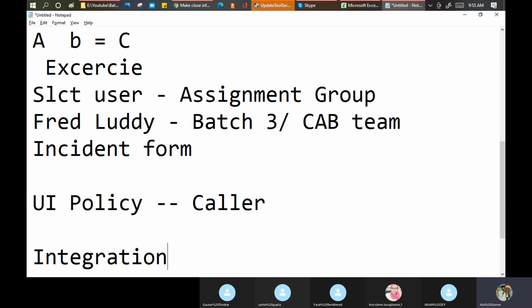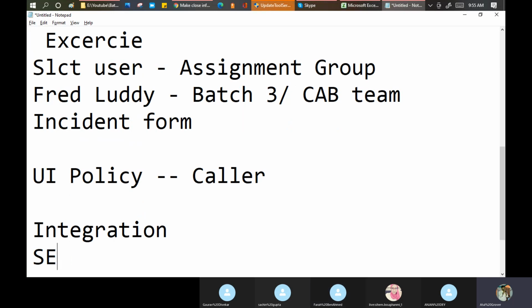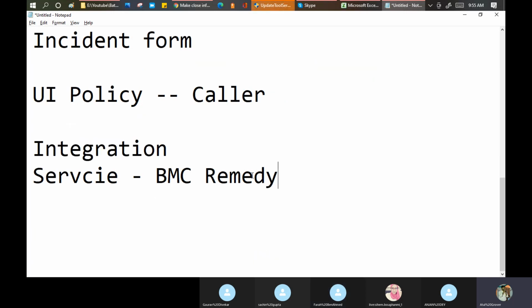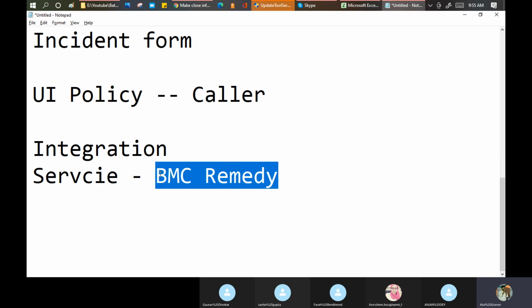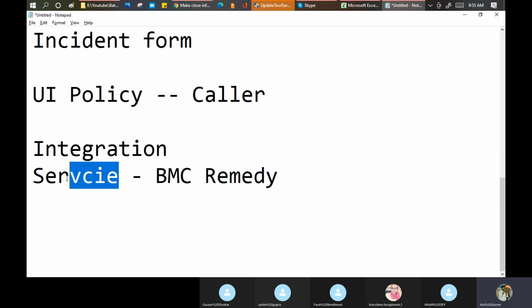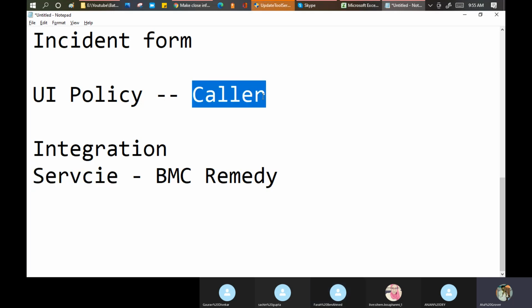We have a topic for integration as well. I said when any incident is created in BMC, it should be created in ServiceNow as well. But in BMC, my caller is not mandatory.